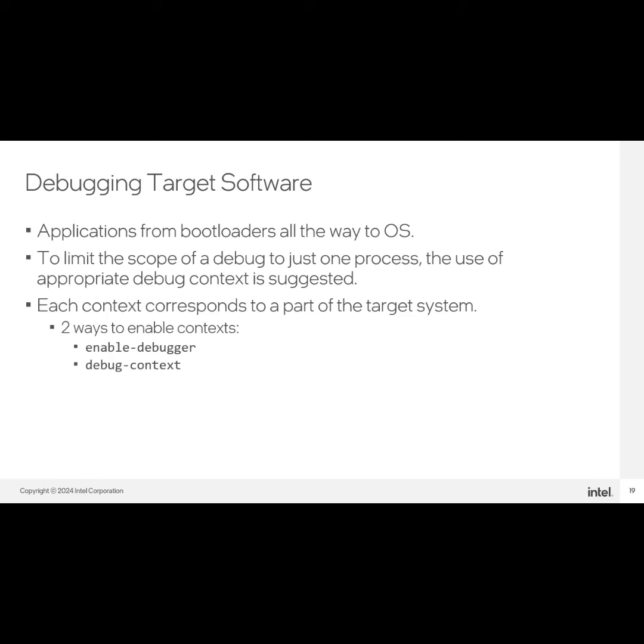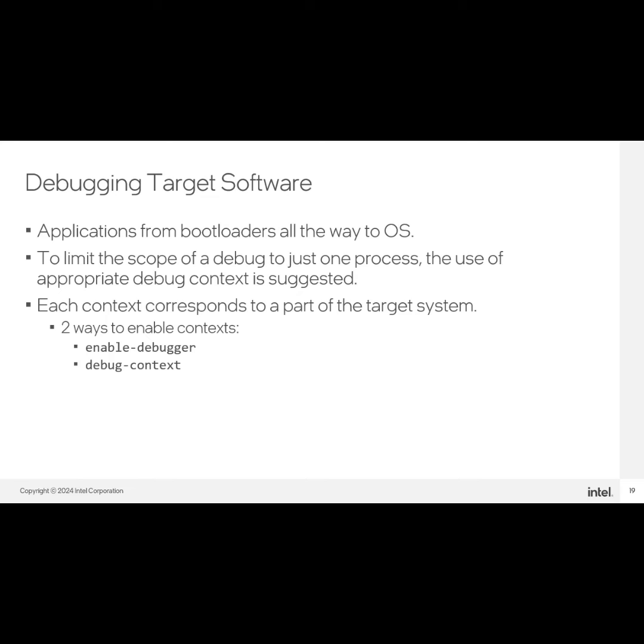Intel Simics Tool is a full system simulator that can run target software at many different levels, going from bootloaders to OS applications. When you want to debug an OS application, it is possible that there are some other pieces of software running in the background, such as other software threads, other applications or kernel tasks. To limit the scope of your debugging to just one process, or task, or kernel thread, etc., you use an appropriate debug context. Each debug context corresponds to some part of the target system. It can be a processor or the memory space of a processor, or a software abstraction like a process or